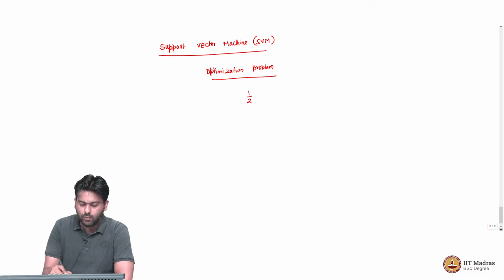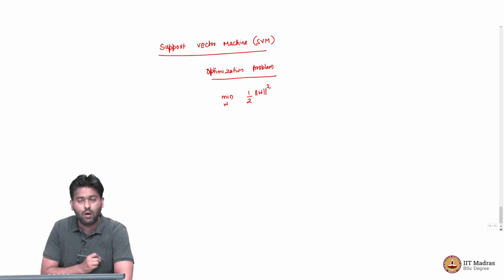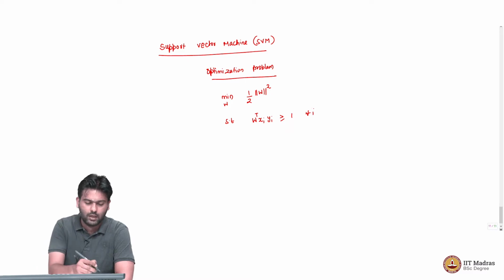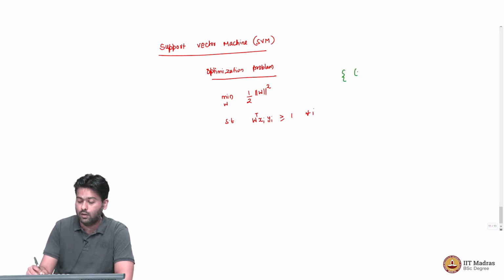The problem would be: minimize over W half norm W squared, such that, and I am writing the easiest form of this problem, W transpose Xi Yi is greater than or equal to 1 for all i. So basically you are given a data set x1 y1 up to xn yn,